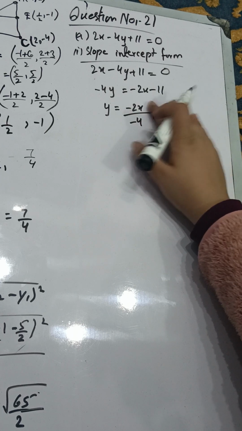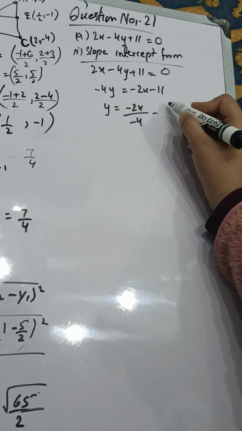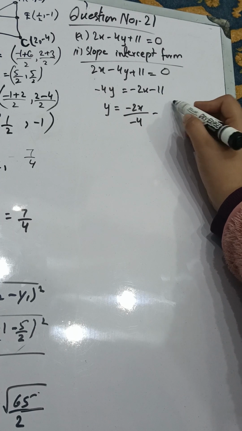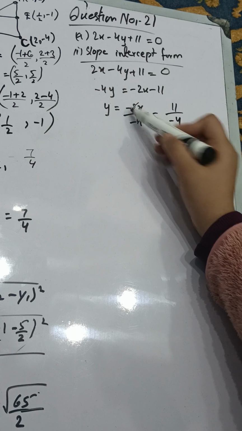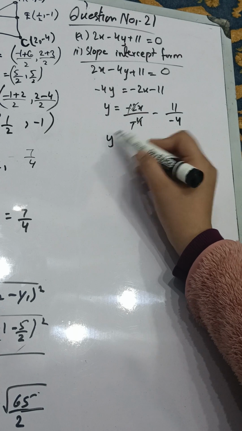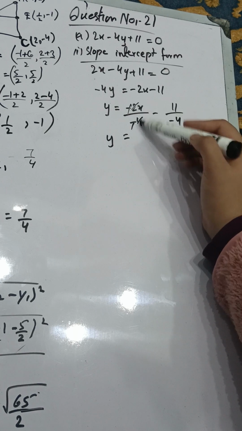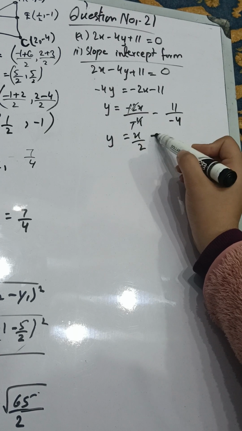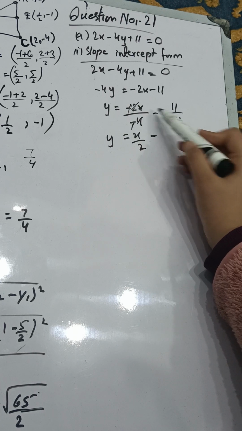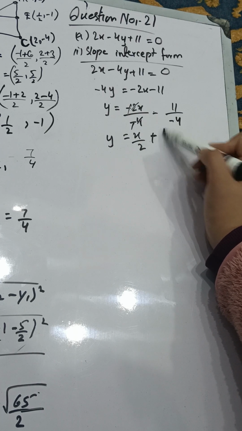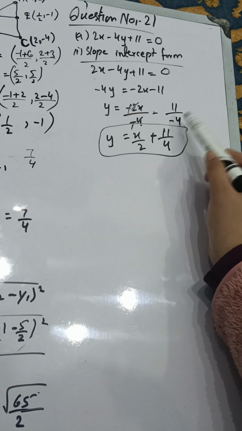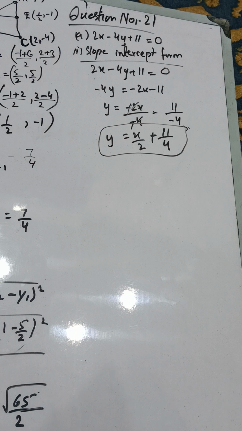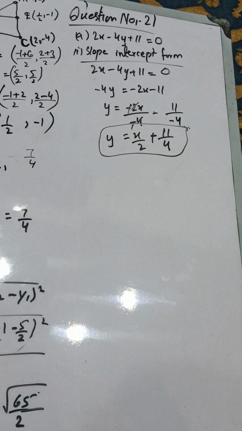सो y इस तरफ रह जाएगा, -2x बटा -4, सॉरी ये माइनस है, और यहाँ पर आपके पास 11 और -4। ठीक है, अब ये आपस में कटेंगे। ये माइनस माइनस भी खुद आपस में कट जाएगा। y इज इक्वल टू आपके पास x/2 हो जाएगा और माइनस और 11, ये दोनों ऐड प्लस हो जाएगा और 11/4 वैसे का वैसे रहेगा। तो ये आपके पास y इंटरसेप्ट फॉर्म आ चुकी है। ठीक है, अब हमने y इंटरसेप्ट फॉर्म तो निकाल ली।